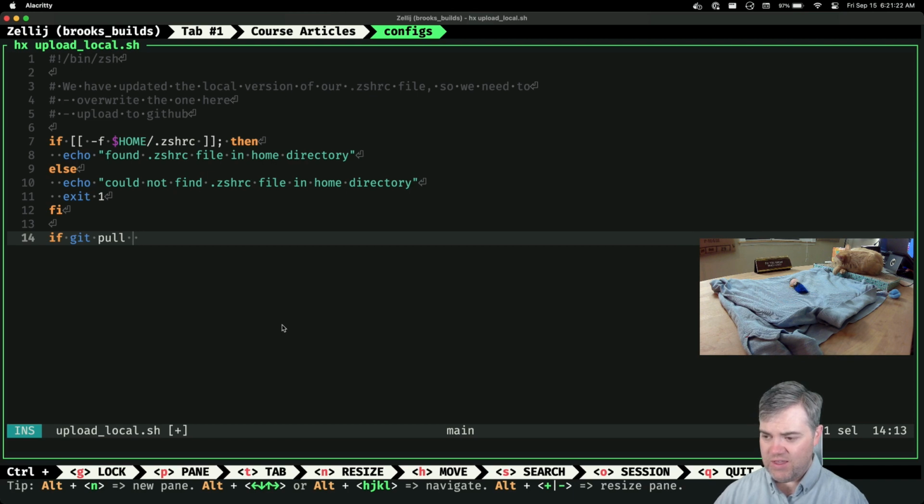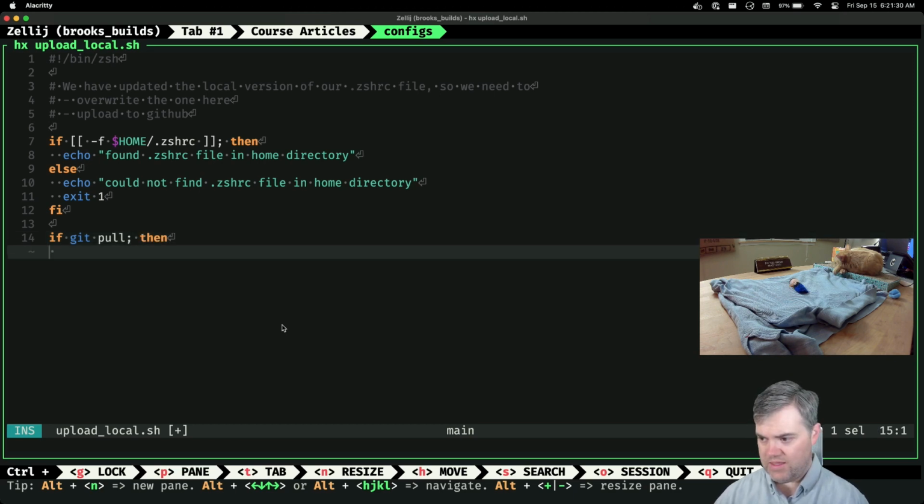So if git pull, then we can echo updated .cshrc from GitHub.